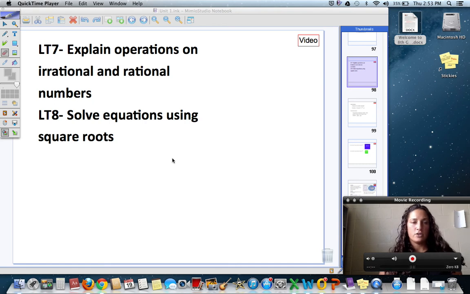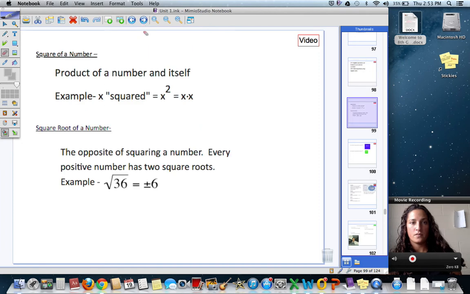Okay, so we're going to be doing learning target 7 and learning target 8. Explain operations on irrational and rational numbers and solve equations using square roots. Okay, so let's first start with the term or the